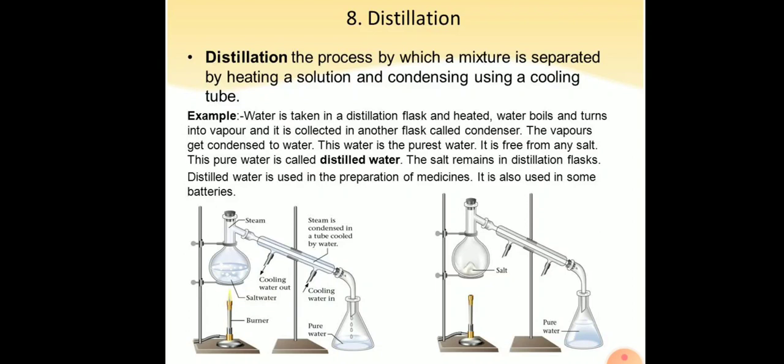So in this particular assembly, what actually happens is the salt water gets evaporated, starts boiling, and the water which is present in the salt water solution starts converting into gases. These gases, when passed through the condenser, come in contact with the cold water, and these vapors of the water get converted into liquid and are collected into the conical flask which is kept at the other end of the assembly, and this is how pure water is obtained. Okay, all of you have understood what the distillation process is.